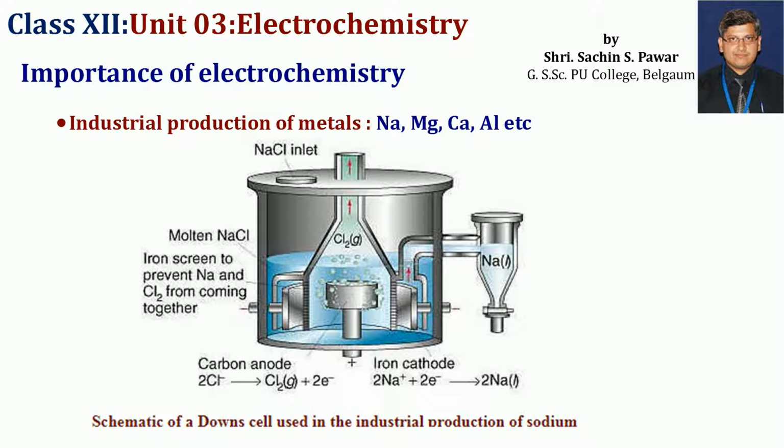Here I have given an example of production of sodium metal using sodium chloride in Dow's cell. It is not there in the syllabus, but still for understanding I have taken this example. Here if you concentrate on the reaction side, at the carbon anode, Cl minus ion undergoes oxidation to form chlorine, and Na plus ion undergoes reduction to form sodium in liquid state. This is an example of electrolysis, one of the concepts used in electrochemistry, which we'll learn in the coming lectures.